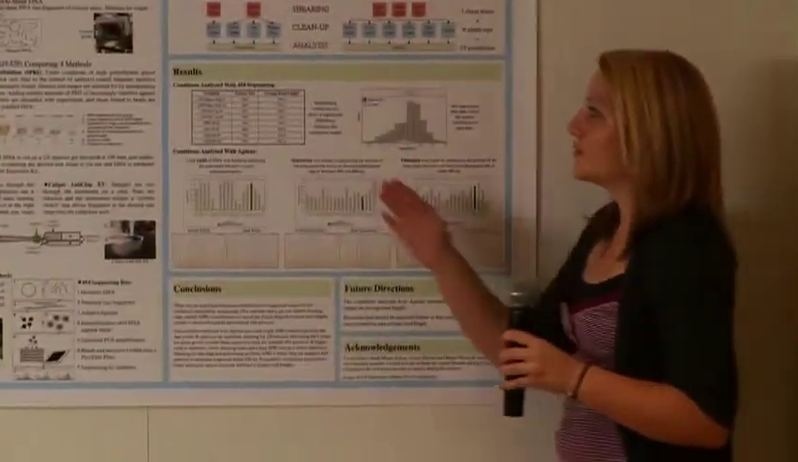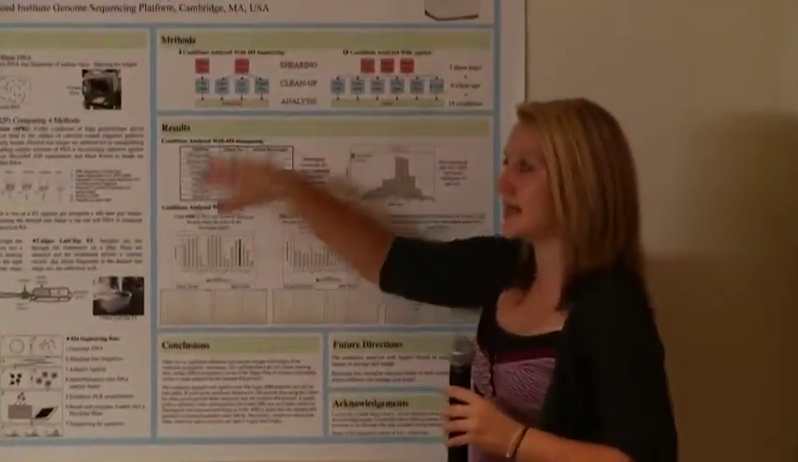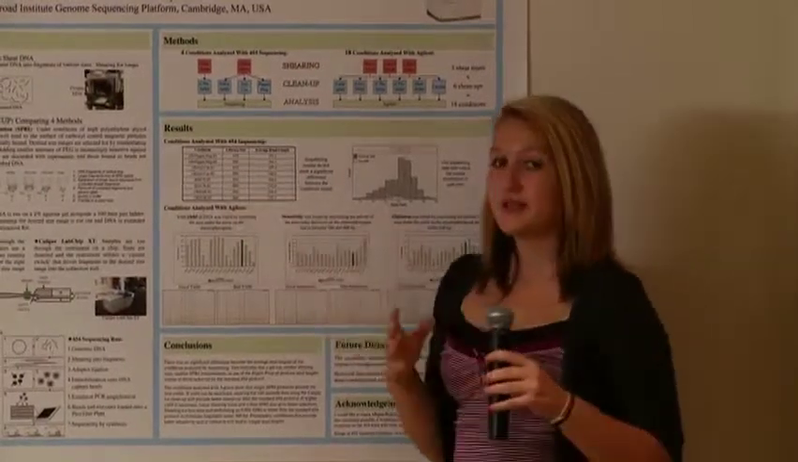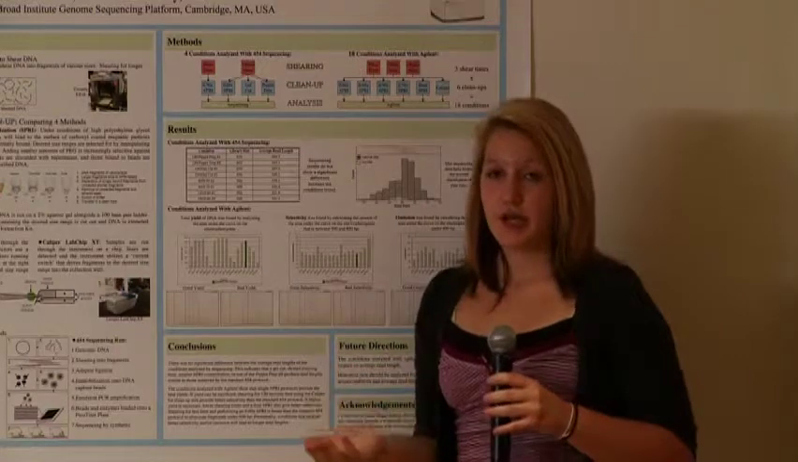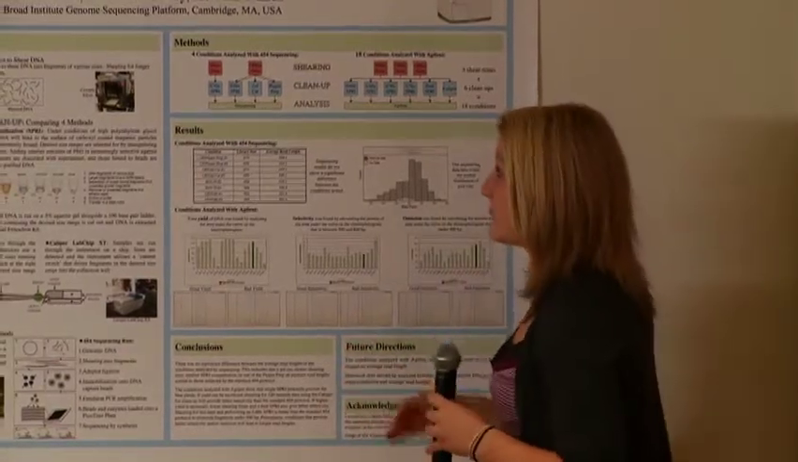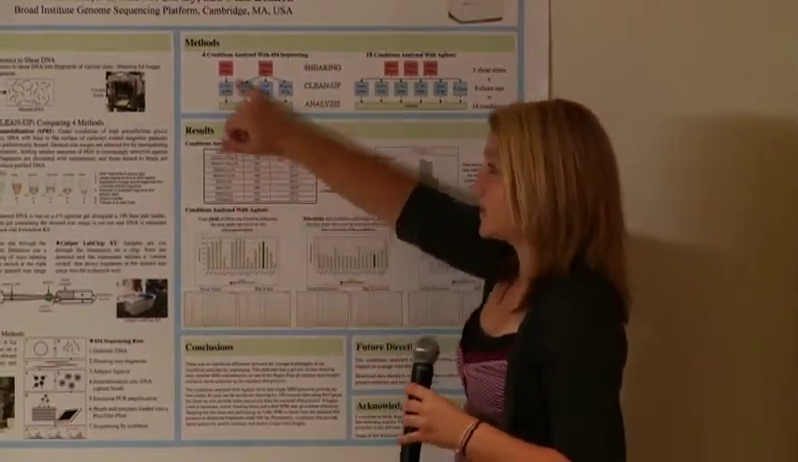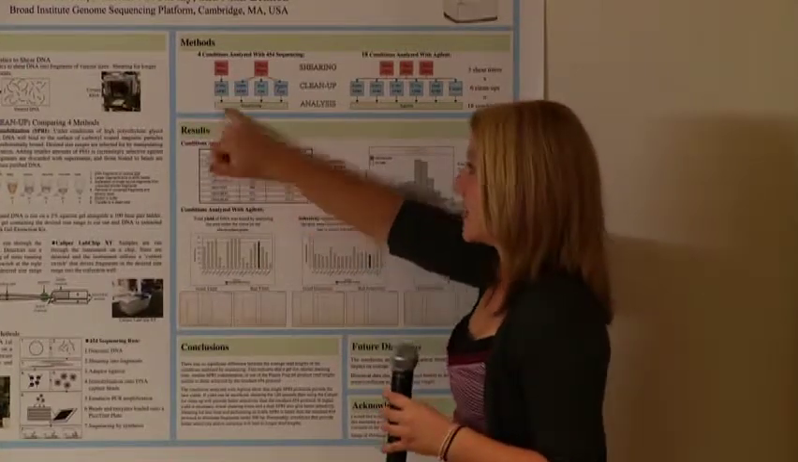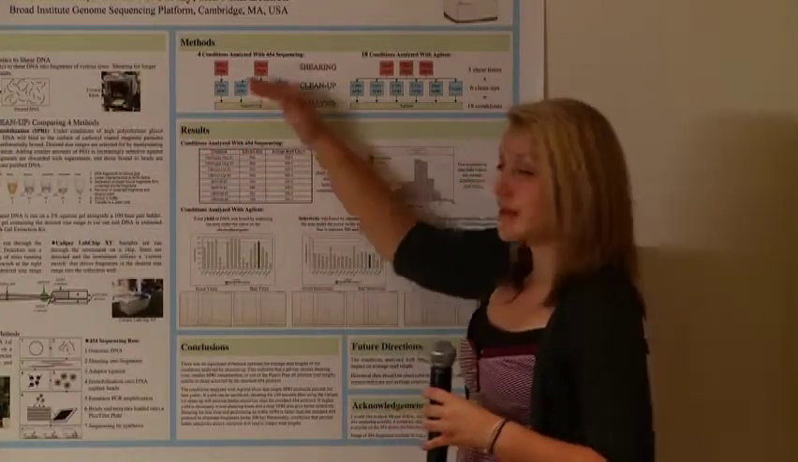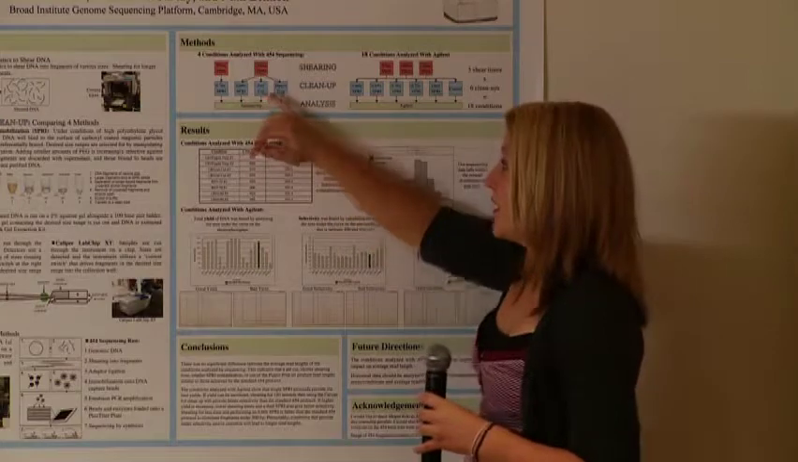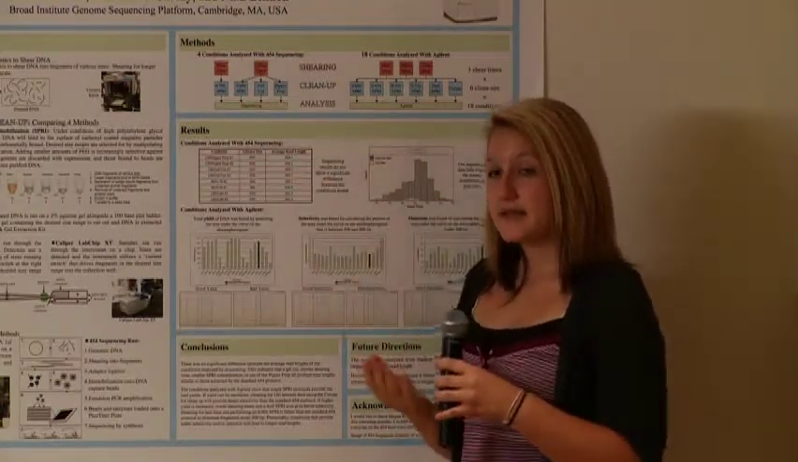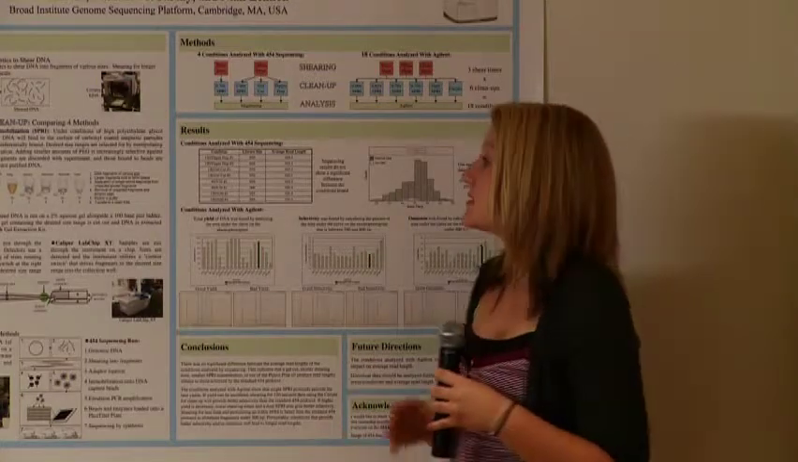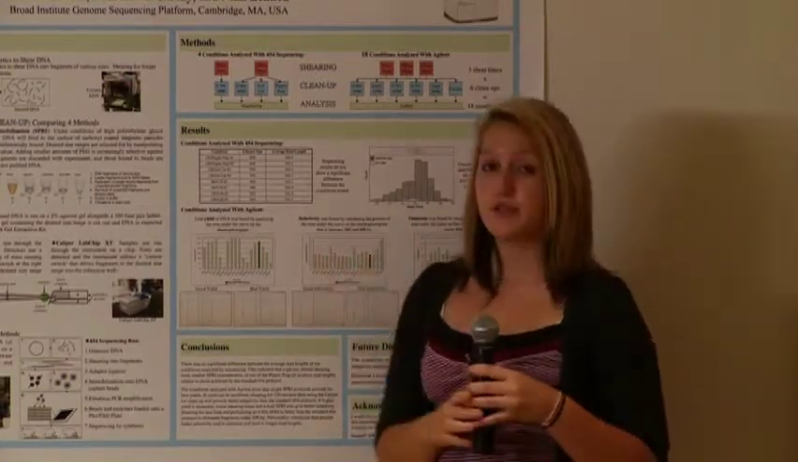So we did 4 conditions that we analyzed with sequencing, where the standard 454 protocol is a 120-second shear and a 0.7x SPRI. We chose to analyze a shorter shear time, 80 seconds, and then a normal SPRI. Then we did the normal shear time and a tighter SPRI, a gel cut, which is the size selection method